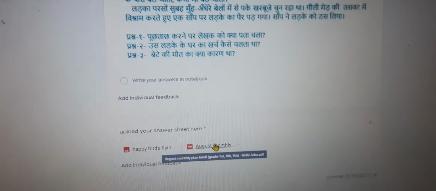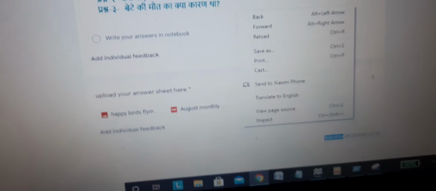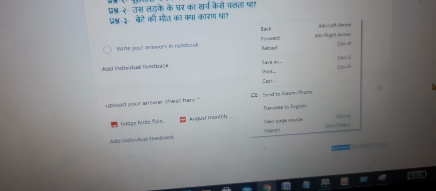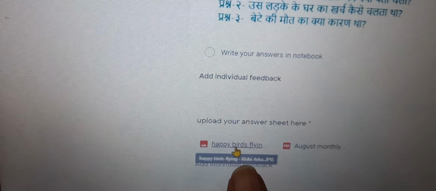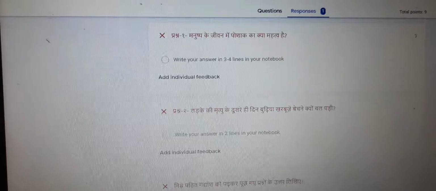If you see at the end of the file, it will automatically add the name from the Gmail account. So if kids are using their parents' Gmail account, then it might come with their parents' name. Any file which kids upload will end with the name of the Google account owner from where they submitted. That's why you should give a question at the start so that you know the name of the kid. Otherwise you'll get confused which kid has submitted this form.